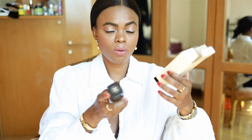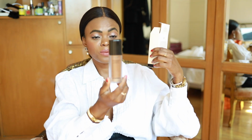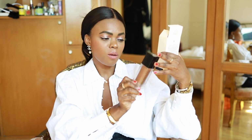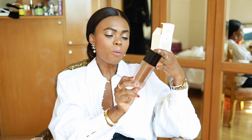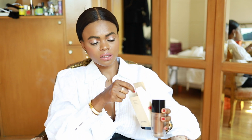This is the stuff that you wear when you actually have really good skin, which is why I've been working on my skin, so that when I go on a hot climate tropical vacation, I can wear very little to no makeup. So I'm going to Tulum in a couple of weeks, so I plan on taking this with me and trying it out with you guys and letting you know. It does come with this little